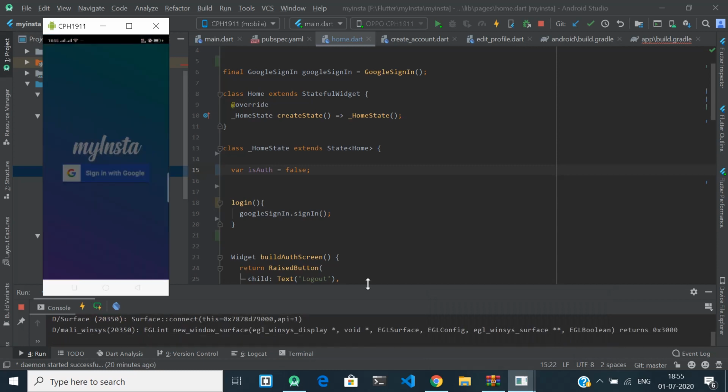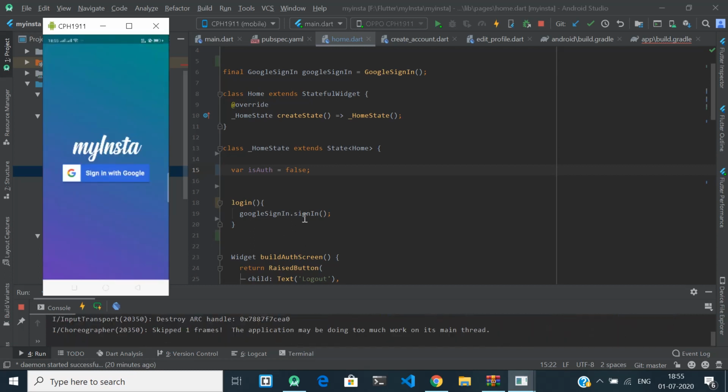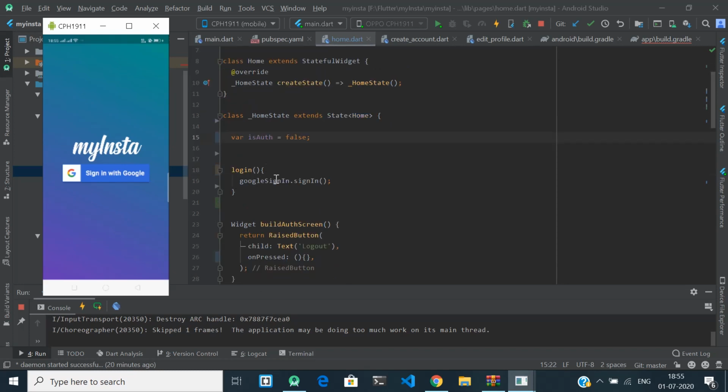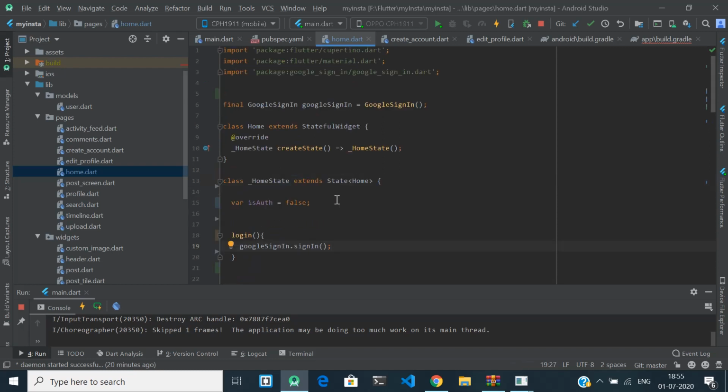So if I click it, see, this part is opening because of this Google sign in. But if I select an account, nothing will happen. It will give an error because I have not given what should happen next. I have just initiated that card, right? So now let's see what will happen if I click on this account. Let's create that functionality.